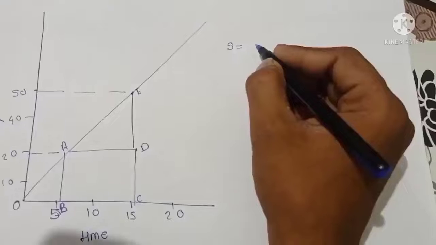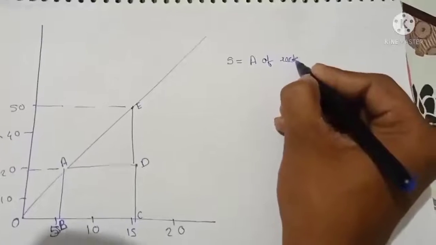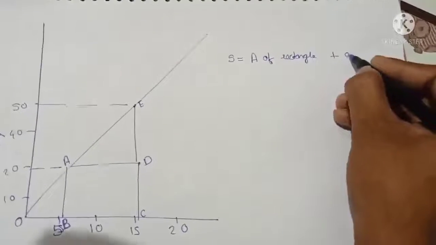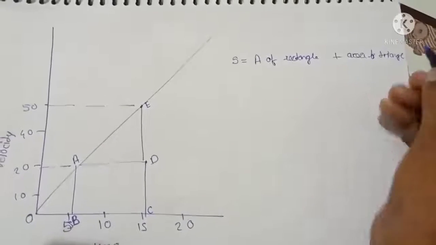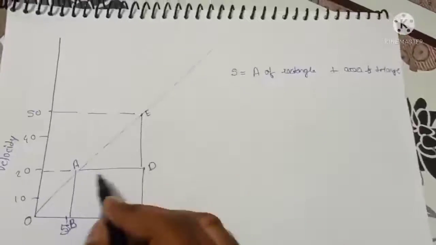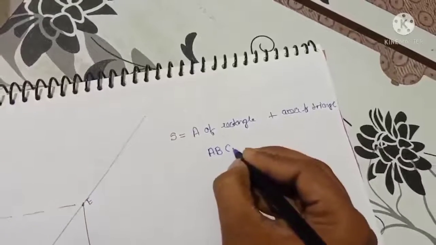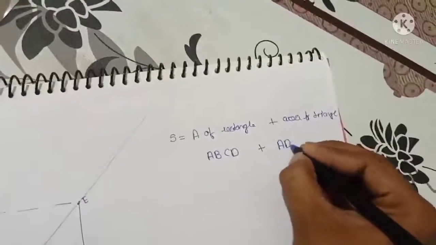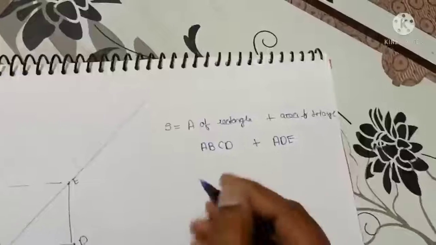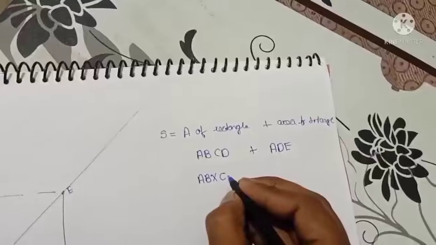This time we are going to take the formula for the area of a rectangle plus the area of a triangle. So as far as we can see now, the rectangle is A, B, C, D, and the triangle is A, D, E. So the formula for the rectangle is AB into BC, and for the triangle is